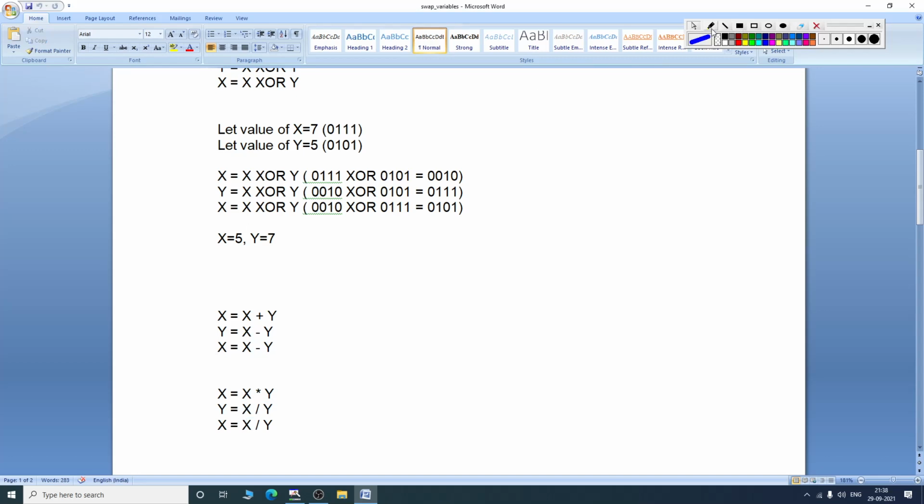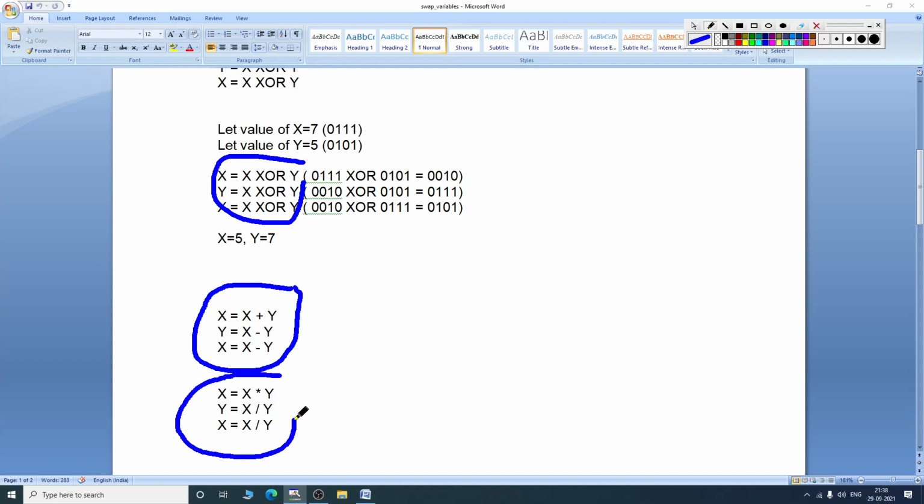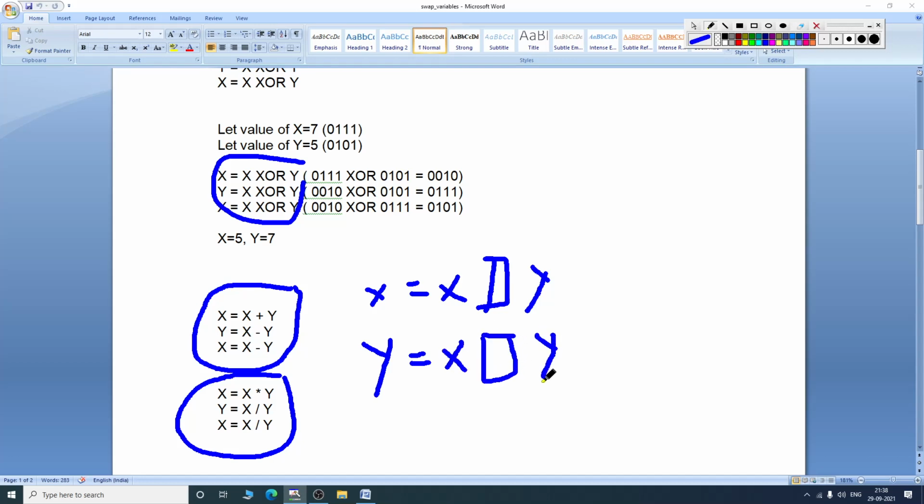So can you find the similarity between these three? Do you see any similarity? Definitely these three are equal, because you are writing x equal to x something with y, and then you are writing y equal to x again some operation with y, and again you are writing x equal to x some operation with y.